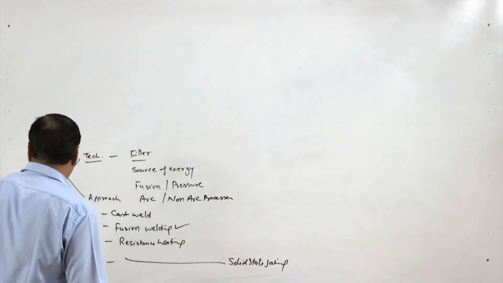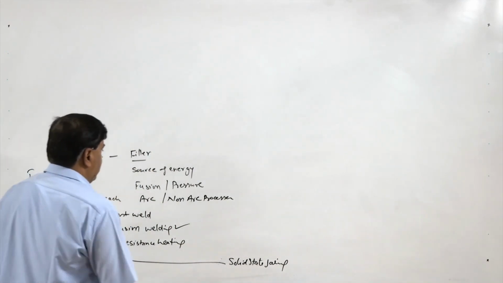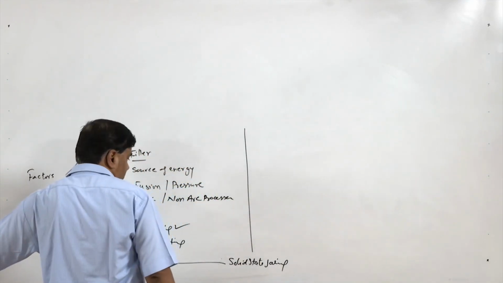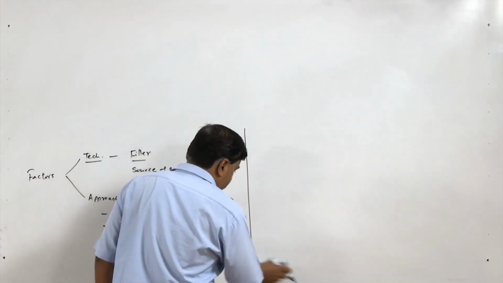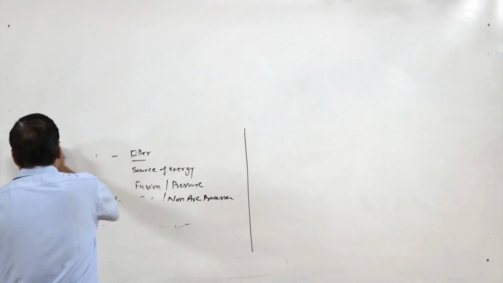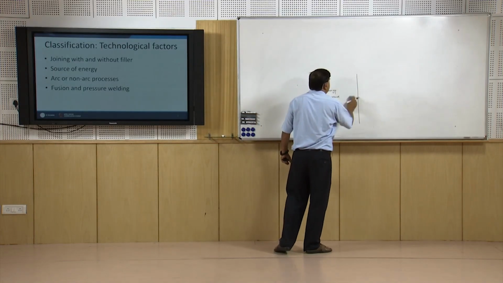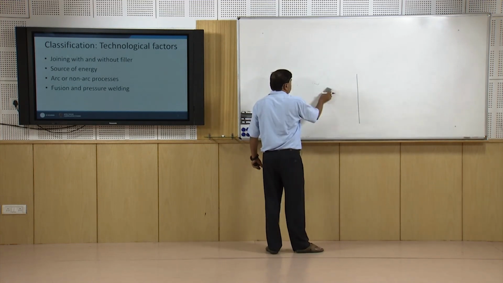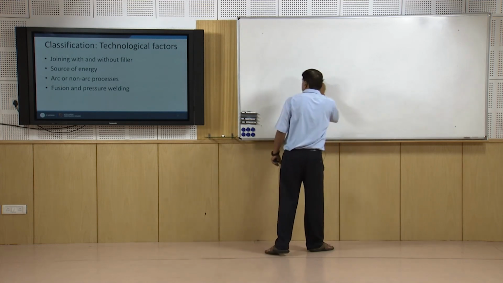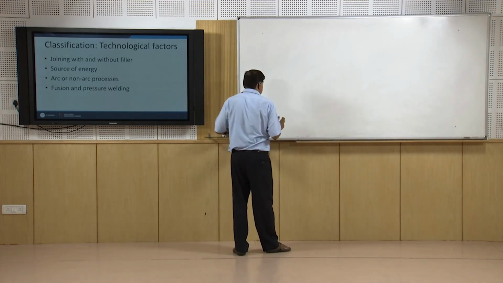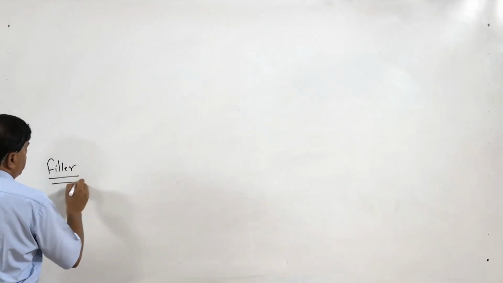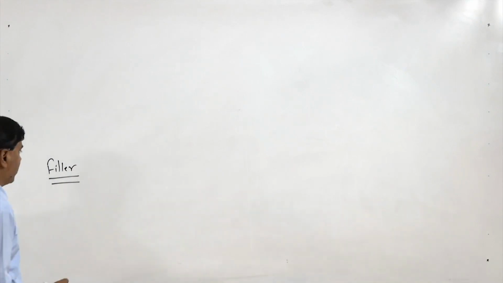So, one by one I will talk about the different factors, the processes that fall in the different categories, their suitability to be put in that particular category, and what are the related controversies, or you can say the problems related with the classification, of putting a particular process in a particular category. So, like the filler based process, the classification of the different processes based on the filler,